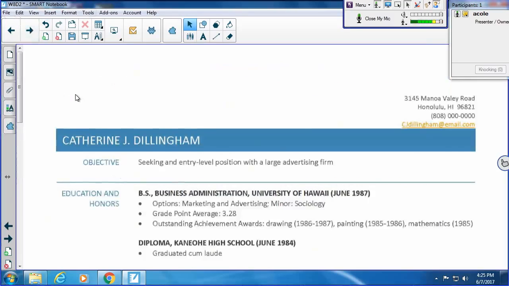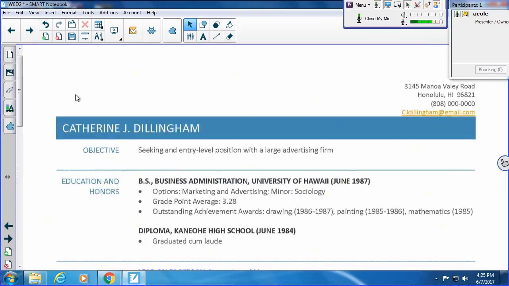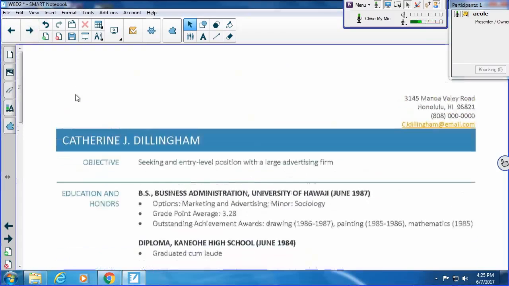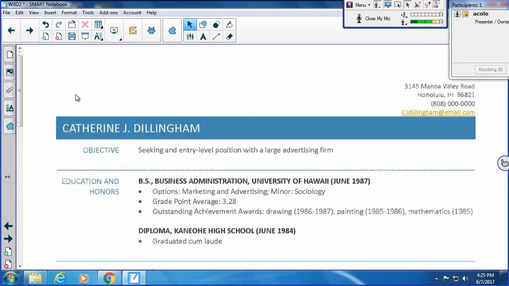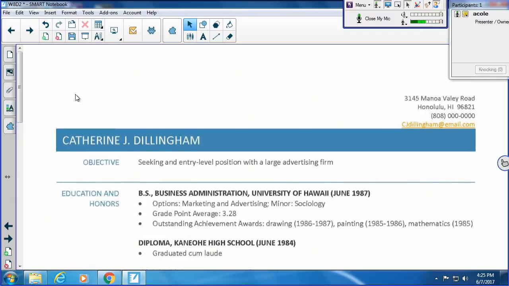Here's an example of a combination resume. You don't have to use color, but you could. I don't recommend using color unless maybe you're applying to a job in some sort of artistic field, right? Each field of work might have different expectations for resumes too. That's something to consider. These are just general resumes that I'm sharing with you here.